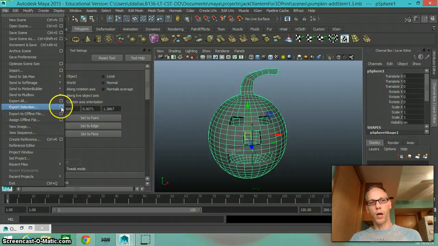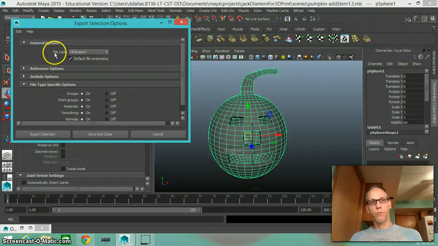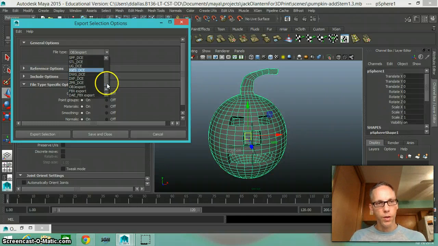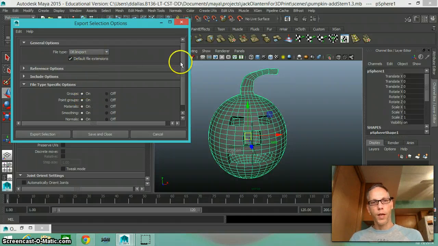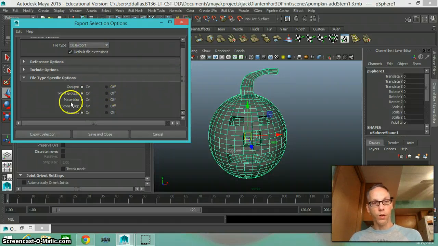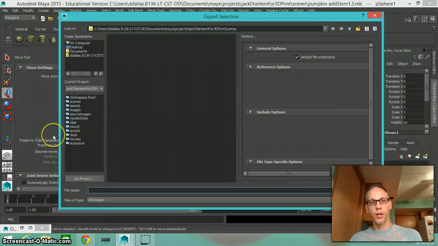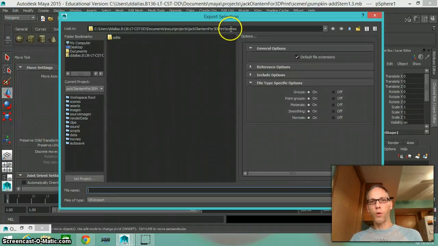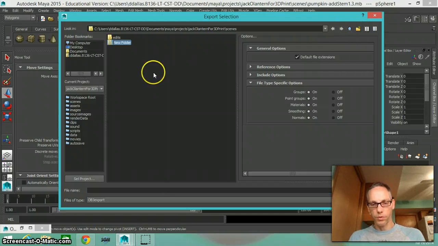I'm going to go to the options box here, and I'm choosing the file type of OBJ export. Notice that there's a lot of other kinds of things that you can export, but I'm choosing OBJ export right there. And currently, this is all I'm worried about using. I'm going to say export selection. It's going to ask me for a name. This is where I will make a new folder for my OBJ files. OBJ,